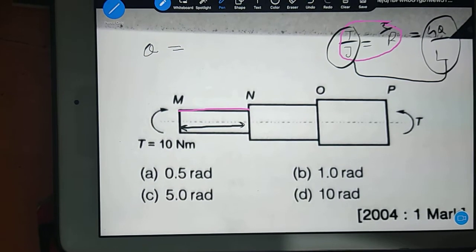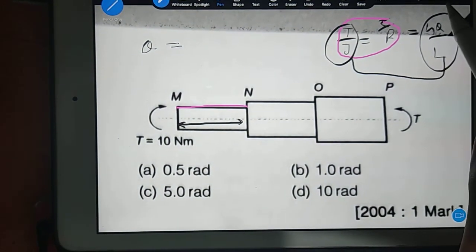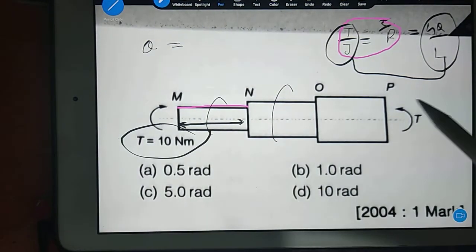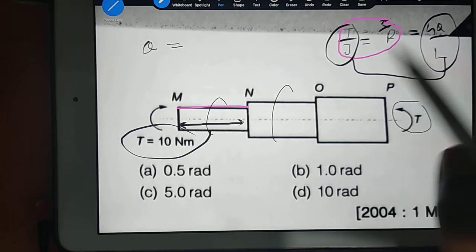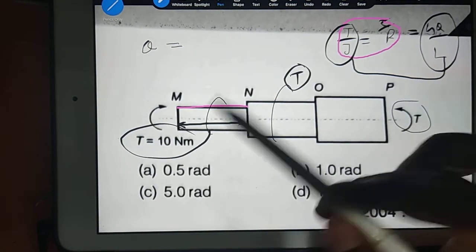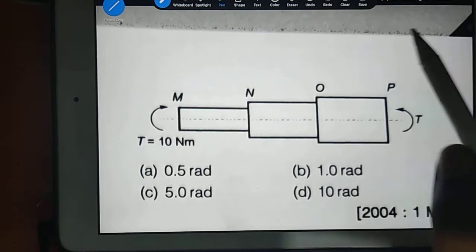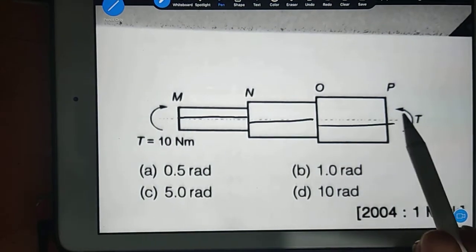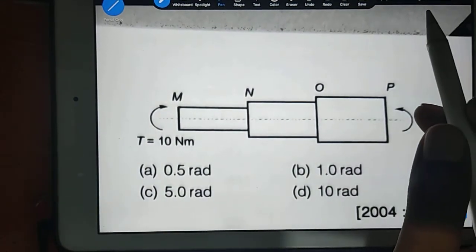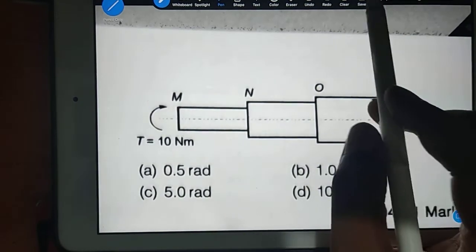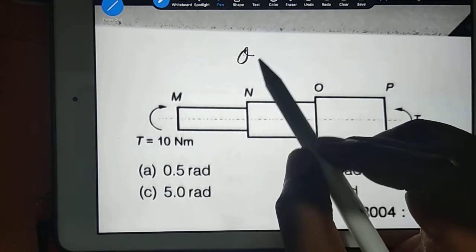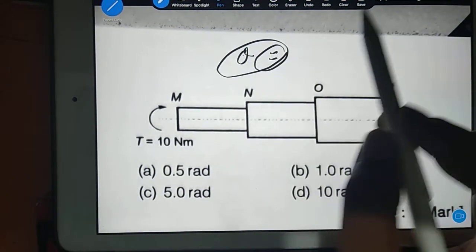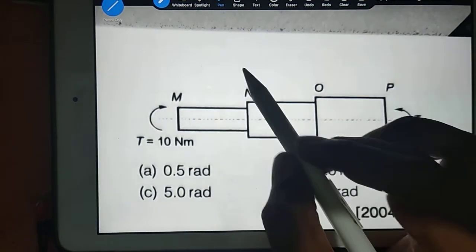Now if you are taking this part, one thing you should keep in mind, when you have series, in the series you can see here also T, here also T. So in the series your torsion torque value, I mean twisting moment, will not change. At every portion you will be having the same torque moment. So for this and this you will have the same torque, for this and this the same torque, everywhere the same torque. But theta value depends on length L, right? So theta value will be because of the length, and not only because of the length, because of some other features also.